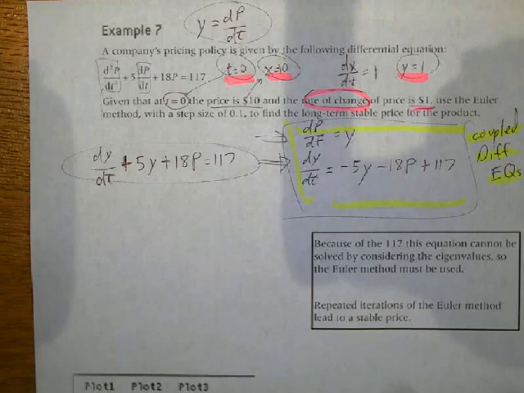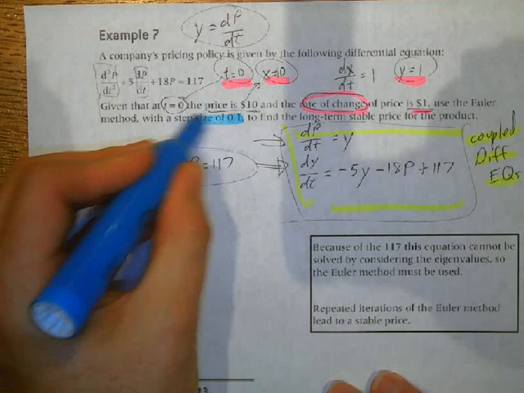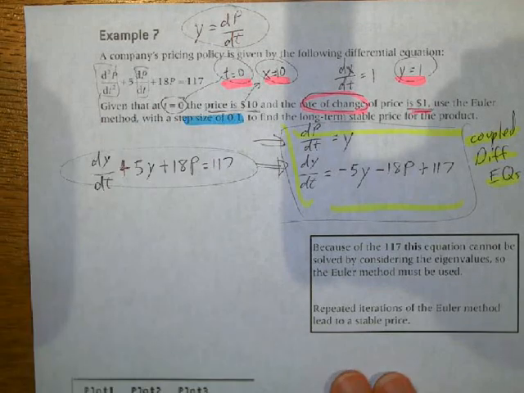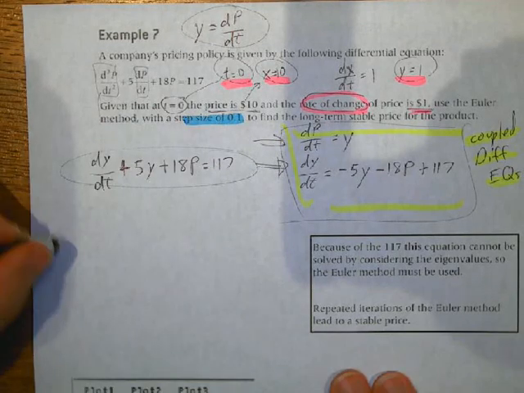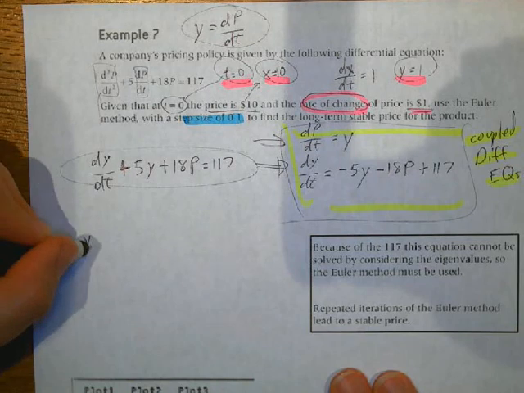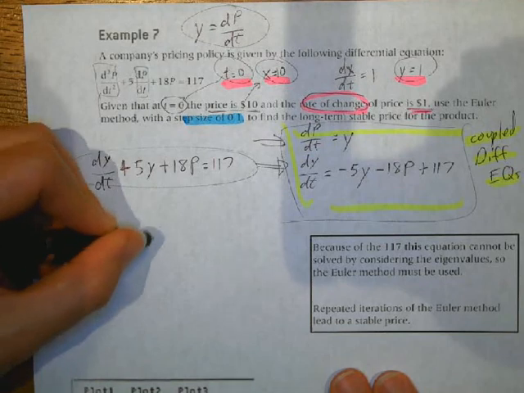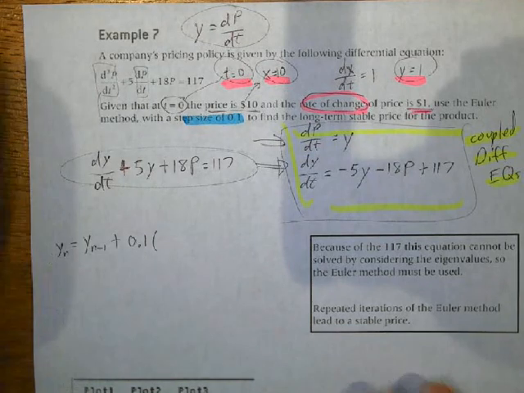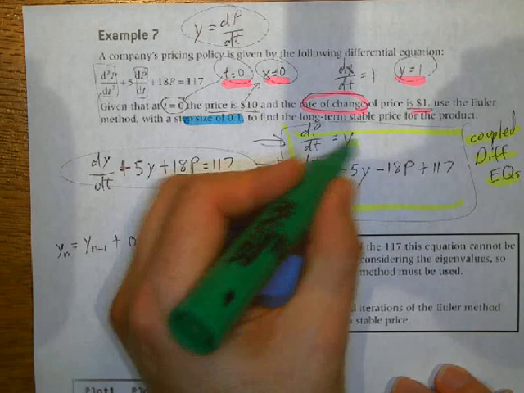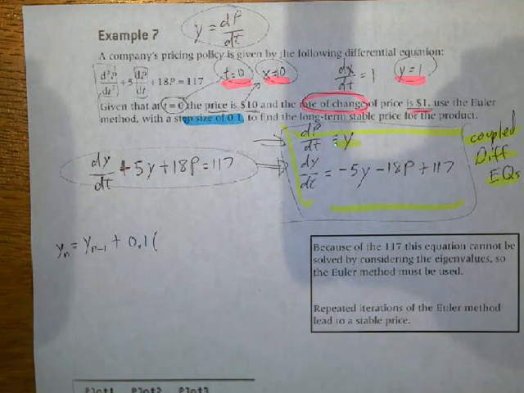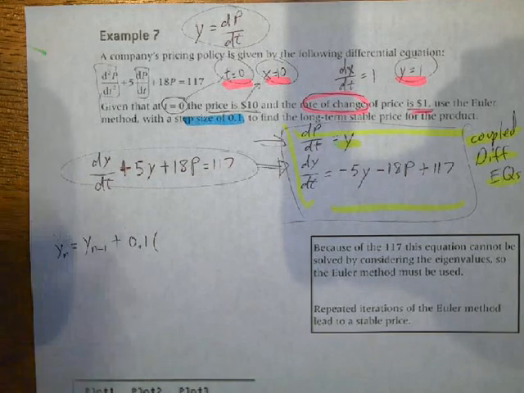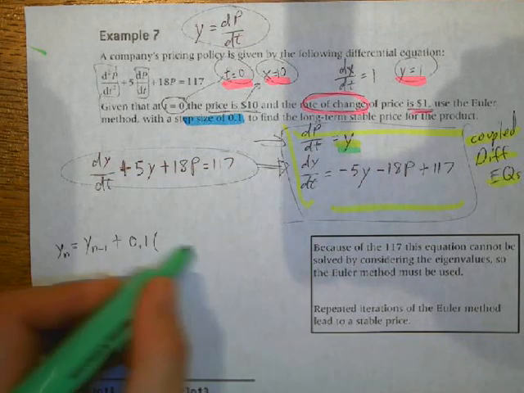Our step size is 0.1, so we can say y subscript n is equal to y subscript n minus 1 plus 0.1 times that, times that, which is equal to,